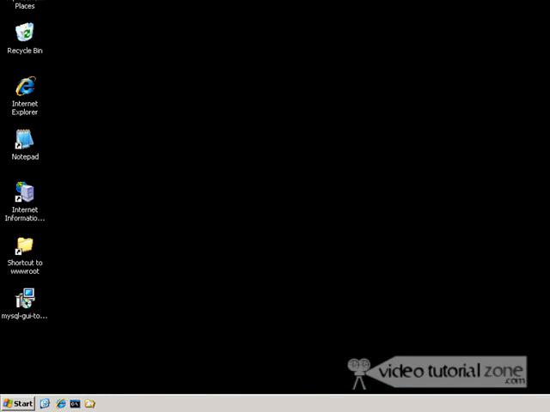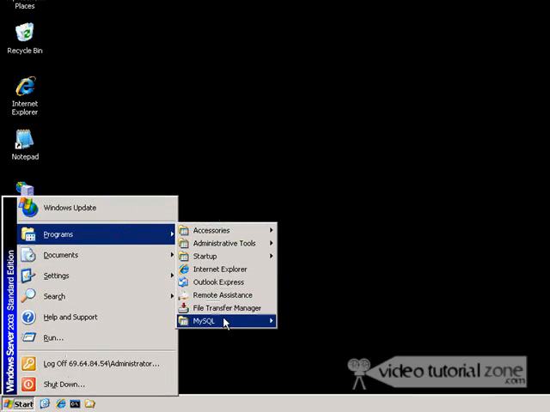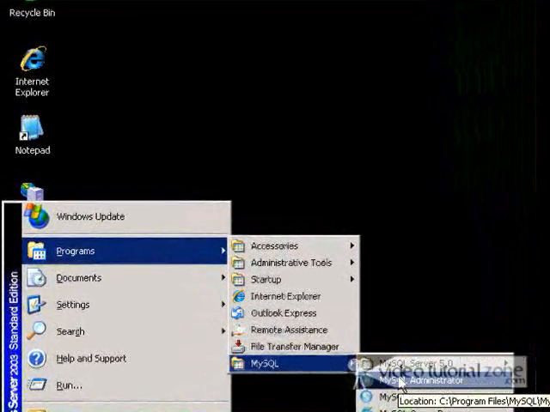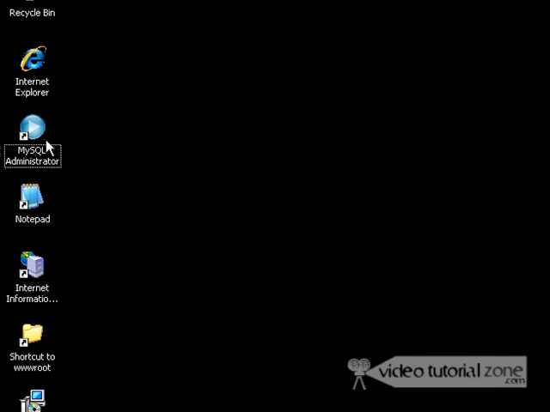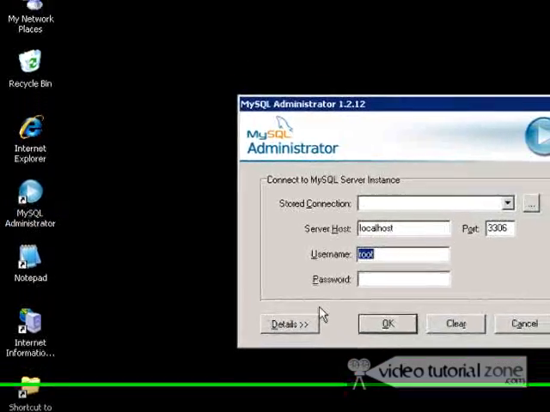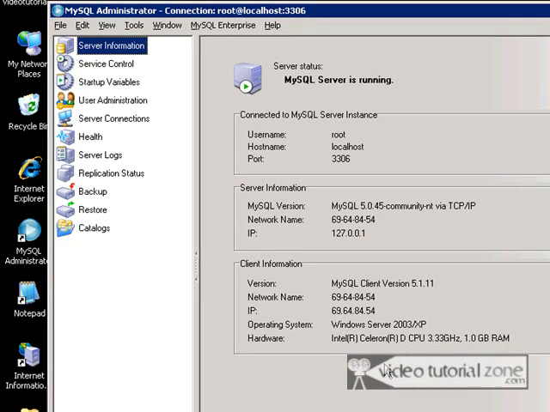And that's done. Alright, now I'm going to go to Programs, MySQL, and I should see the administrator. There it is. I'm going to copy that to the desktop because we'll use it later. And double click on it. Alright, here, localhost, root, and I'm going to put the password that we created in the installer. And boom, there we are. So the server is running,